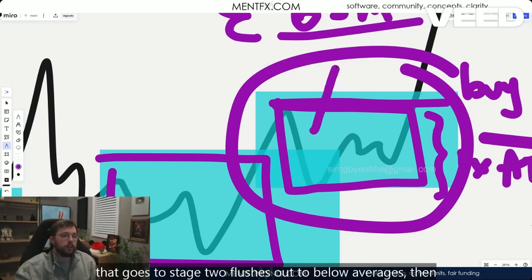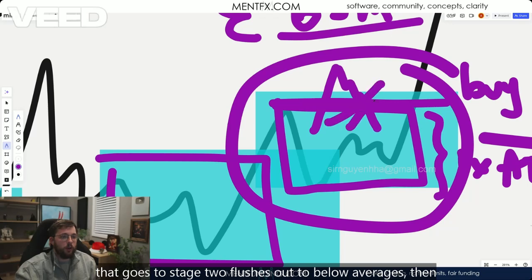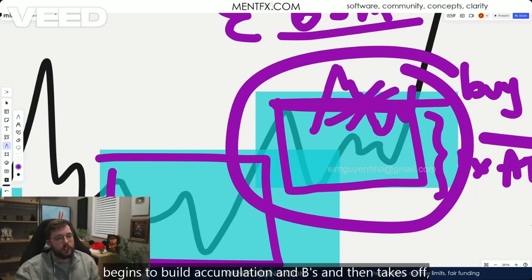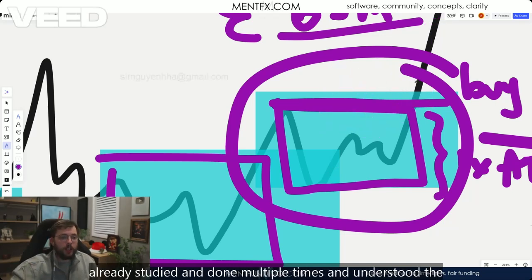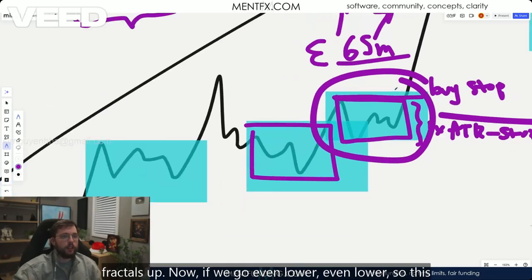We're going to see a move that goes to stage 2, flushes out to below averages, then begins to build accumulation MBs, and then takes off, right? We already know that because that's what we've already studied and done multiple times and understood the fractals of. Now, if we go even lower,